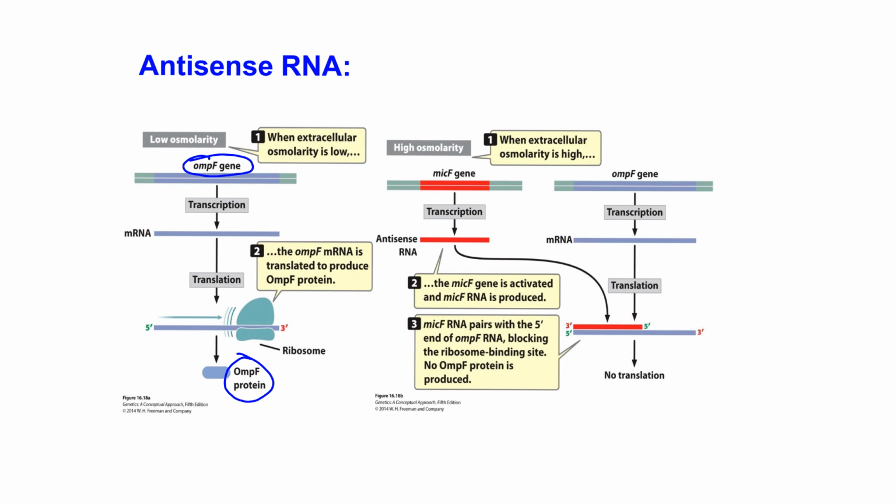This MICF gene encodes an RNA which is antisense, which is complementary to the mRNA of the OMPF gene. So when this RNA is transcribed, it anneals to the OMPF mRNA and inhibits its translation. So it blocks the ribosomal binding site on OMPF mRNA,